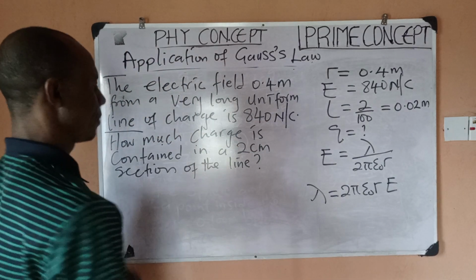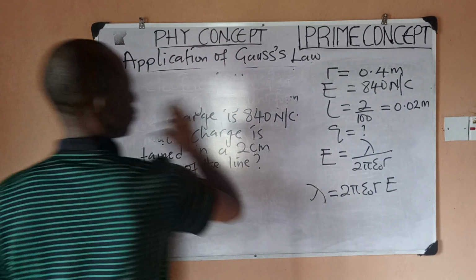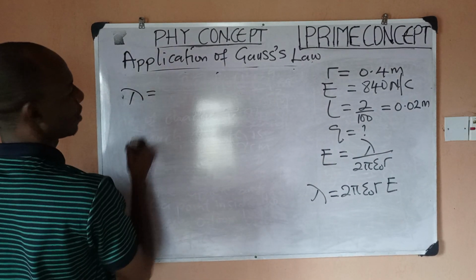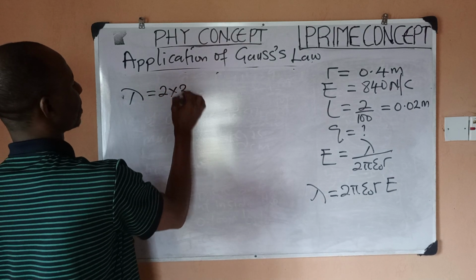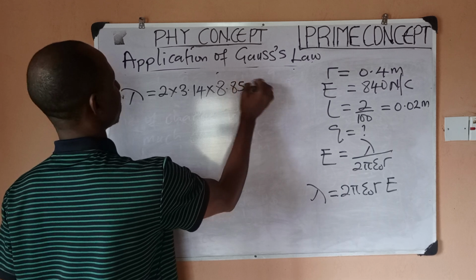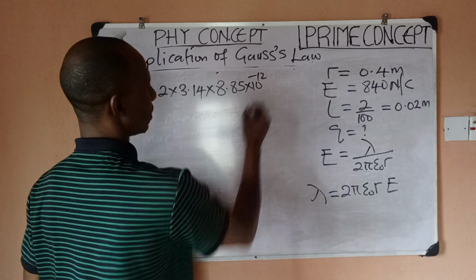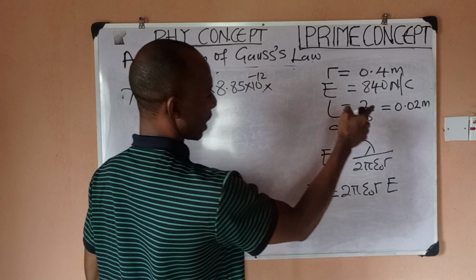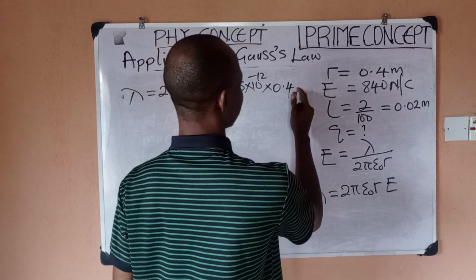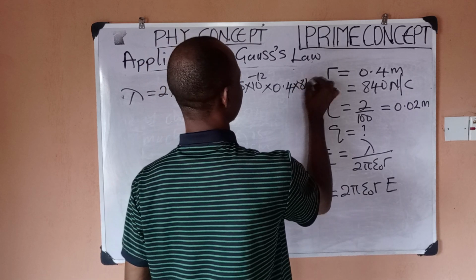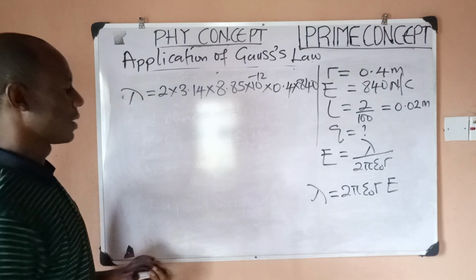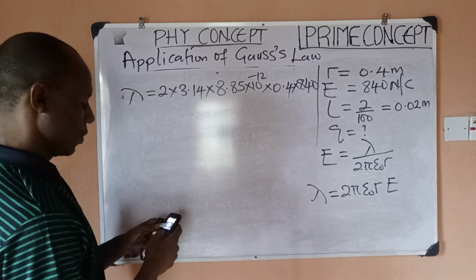Now quickly, if I substitute, lambda is going to give me 2 times pi, which is 3.14, times epsilon, 8.85 times 10 to the power minus 12, times r. My r is 0.4, times E, which is 840. So if I multiply this, I would have 2 times